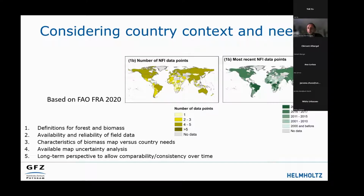The same is true for uncertainty analysis. Also here today, countries are very interested in improving their uncertainty analysis when it comes to emission factors, where I think the integration will also help. And what is often very important, countries need a bit of a long-term perspective to produce estimates that are comparable and consistent over time. And all of these things combined usually result in different options to integrate the data for